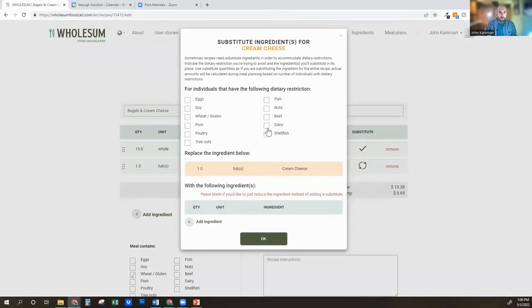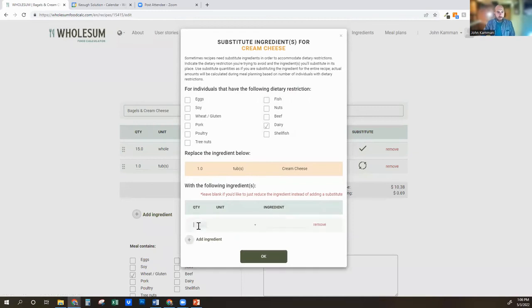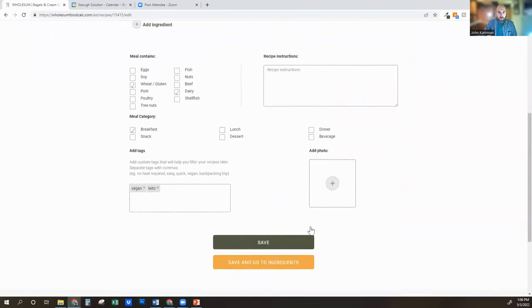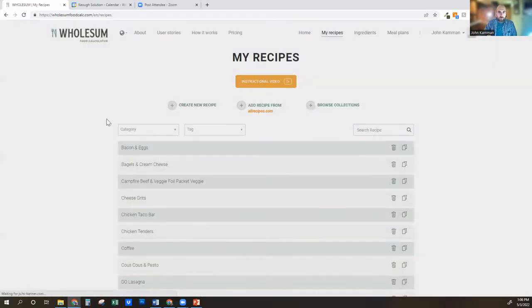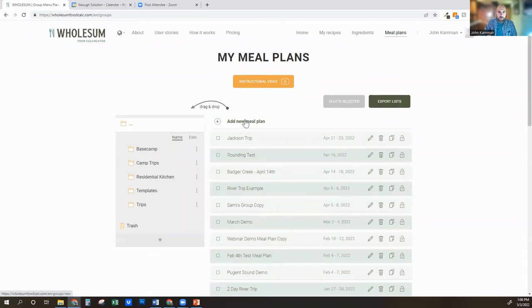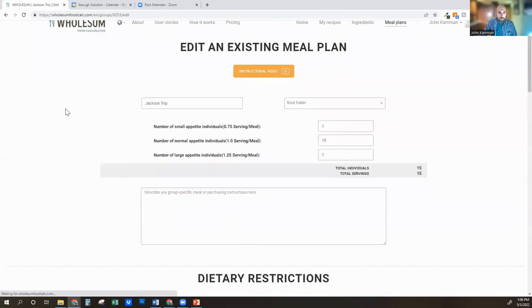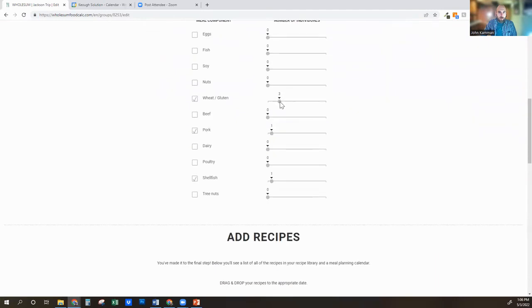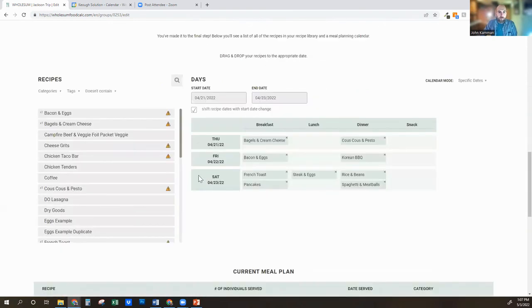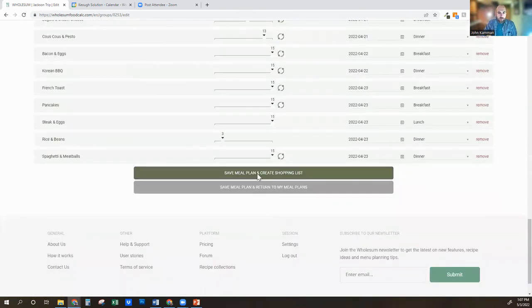Similarly, for cream cheese, if I check off dairy here, and maybe I can say we're going to replace 1 tub of cream cheese with 1 jar of peanut butter. Great. And now I will click save on that. And what we'll see now is if I go to create a new meal plan, and we'll use this example here, as I slide this up, we're going to be substituting more gluten-free bagels in place of those wheat bagels. And similarly, if I slide up this dairy one, we will be substituting the cream cheese and we'll bring slightly more peanut butter, so that when I save it,